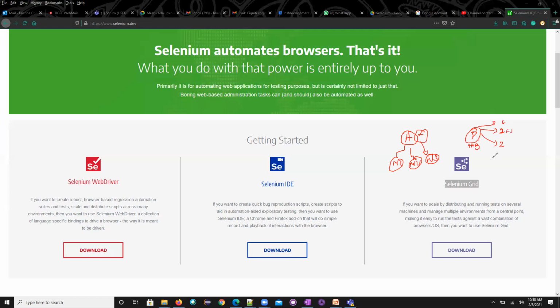So in total, I'm executing 5 executions parallelly, but all the results will be updated into one single hub, the parent. So I have 2 Chrome browsers, 2 Firefox browsers, and 1 Microsoft Edge. All executions will happen, and all these nodes will be controlled by this particular hub. This implementation is called Selenium Grid.